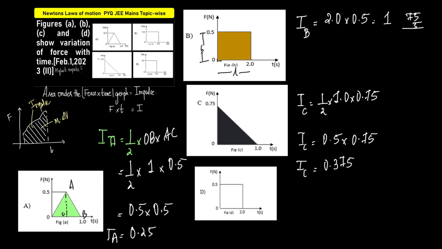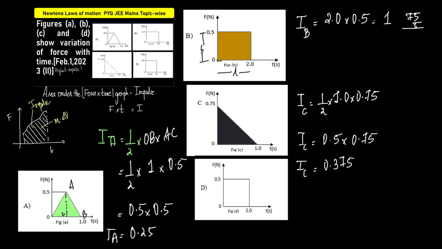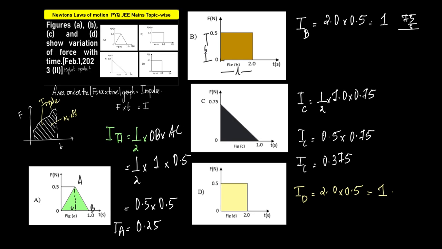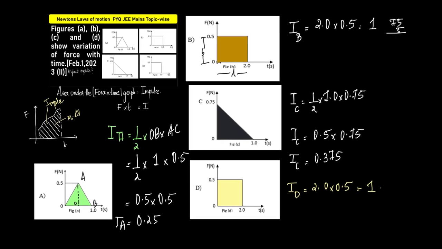again what we have is a rectangle. And this time the area of the rectangle will give us ID. So what is ID? Impulse under D is length into breadth, which is 2 into 0.5, which is equal to 1. So if we are to analyze the regions here, I think I have made some mistake in